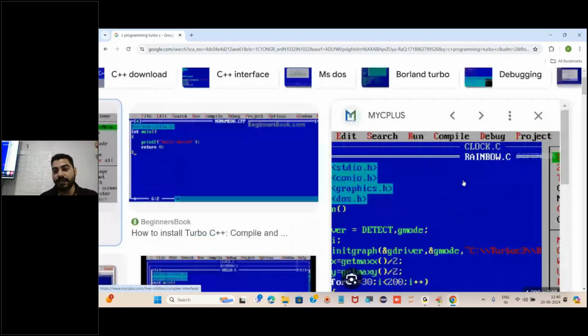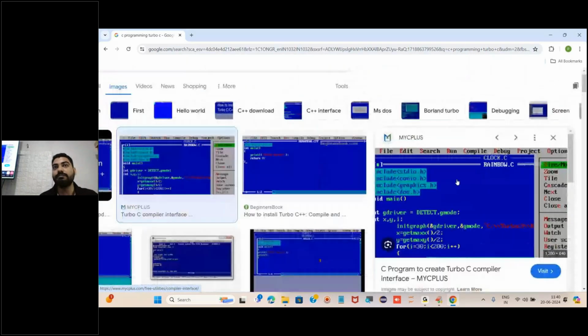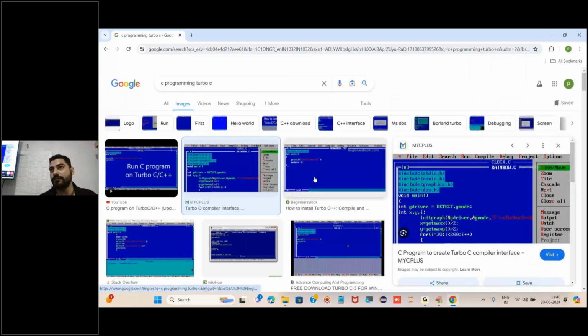And if you see here, this software is platform dependent software. That means it can only be run inside the Windows operating system. For Mac operating system, we have to download different software. Are you getting it? For Linux operating system, we have to download different software.